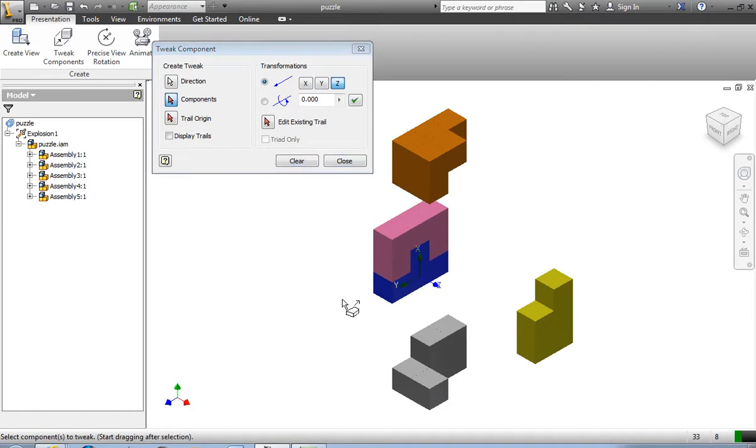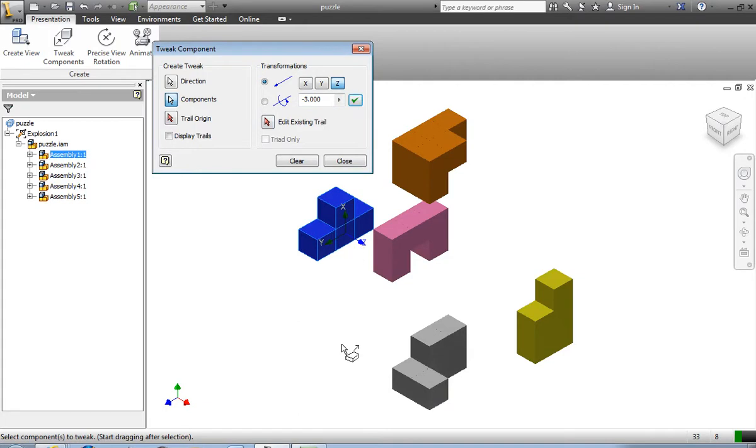I want to go to the left. So that's the z direction. It's going to be -3 again. I need to make sure they're selected. Let's see, that is assembly 1. Hit the green check mark. There it goes. And this one, if I want this one to be first, I'm going to have it come